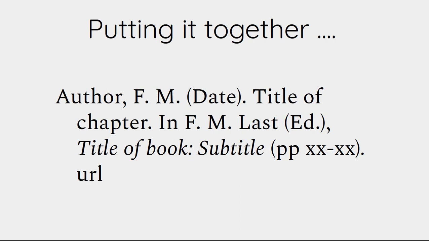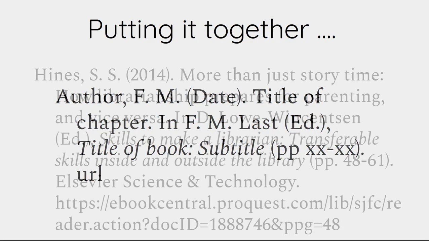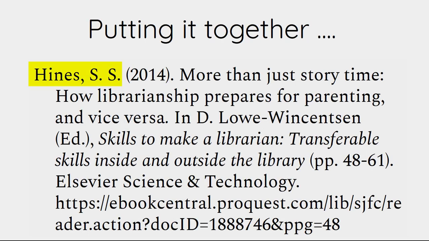This is the basic formatting for a book chapter, but let's take a look at how this looks with our example book chapter. The chapter author's last name and first initial, and the middle initial when it's included, date of publication in parentheses, title of the chapter with only the first word of the main title and subtitles capitalized, unless it's a proper noun, followed by the source information. In this case, that's the editor information, the book title, page numbers of the chapter, publisher information, and the URL of the book chapter. This is what the reference list entry would look like for the chapter you found so helpful